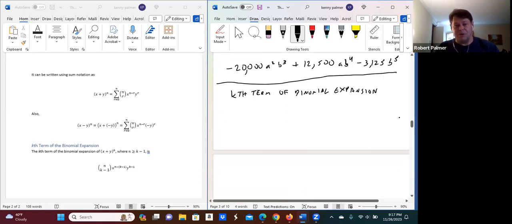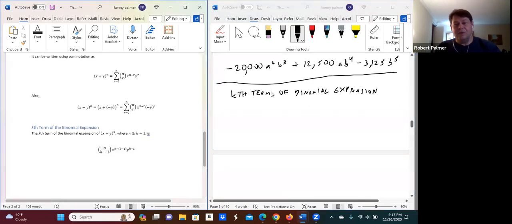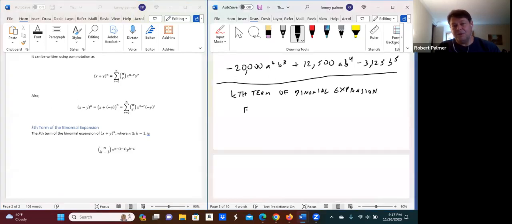Okay, that's what this says over here. So the kth term of the binomial expansion. Let's go and rewrite this. So once again, as long as n, the power, is bigger than k minus 1, we can do this. And so the kth term